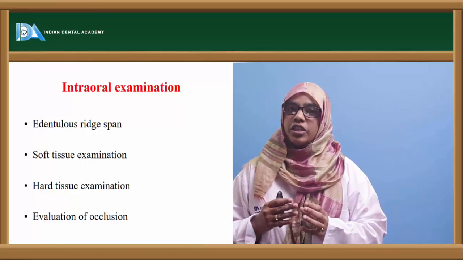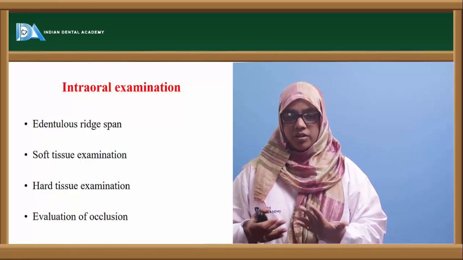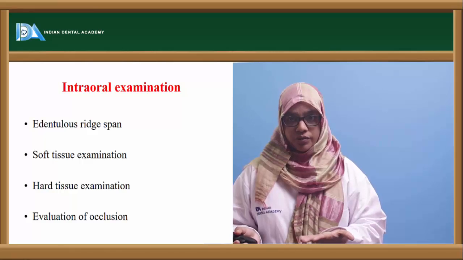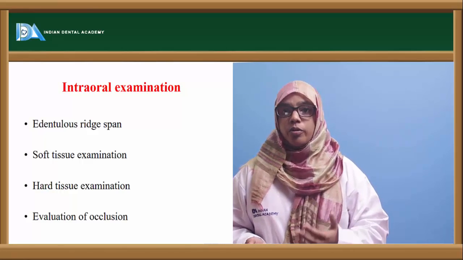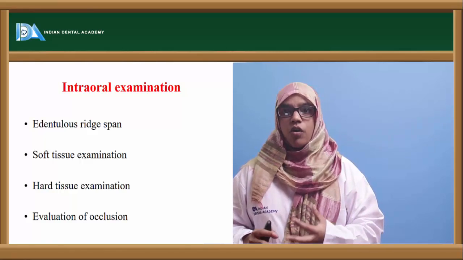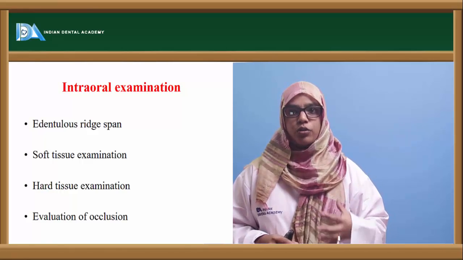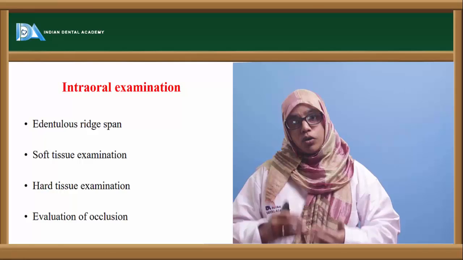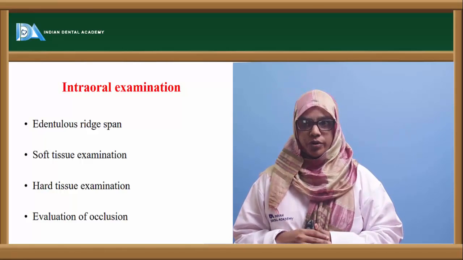When you are checking the edentulous span, check how stable the adjacent teeth are and whether they need restoration or not. Check the overlying soft tissue, and check for any bone prominence. If the overlying soft tissue is very fibrotic or fragile, or if there are any bony spicules, you have to remove them and do an alveoloplasty. You can also do an alveoloplasty at the time of implant placement. You need not do it beforehand.